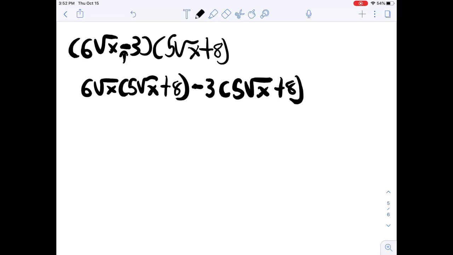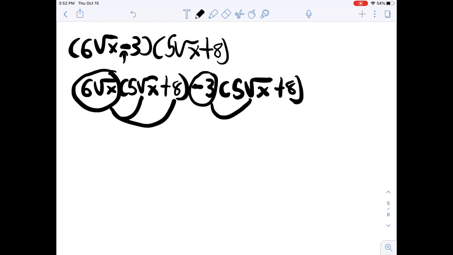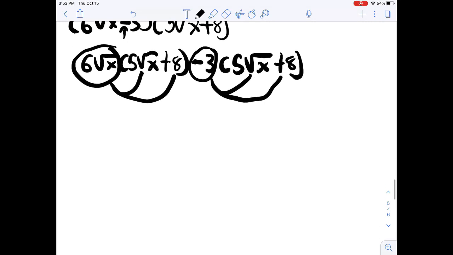And from here, we're going to multiply this term by these two, and negative 3 by these two terms to get